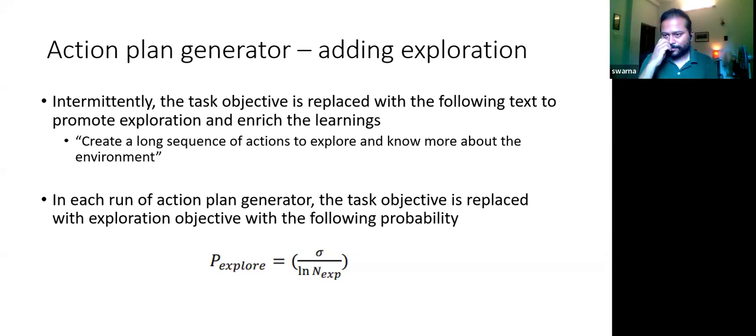Once it finds some water, that becomes part of the memory. Then once it finds the water, it goes back to the original task or original goal of boiling the water. So that's how you're biasing the LLM using in-context prompting to focus on the actual objective, not on the sub goals.